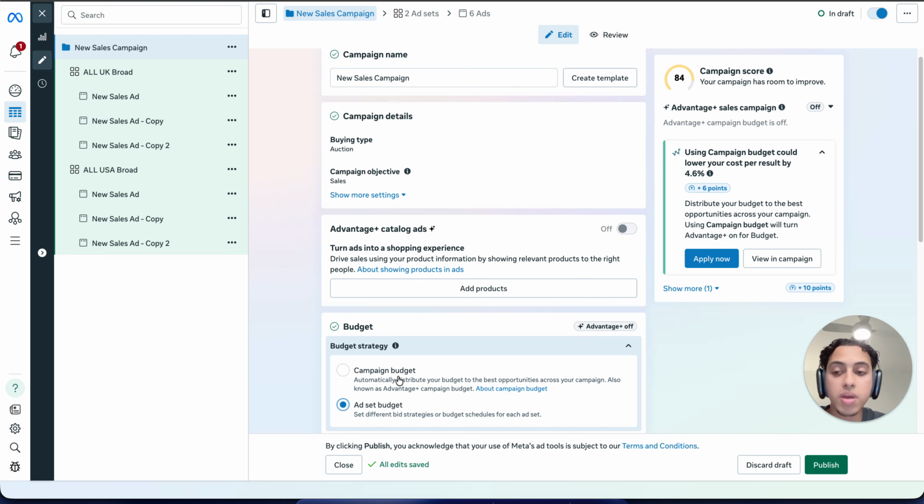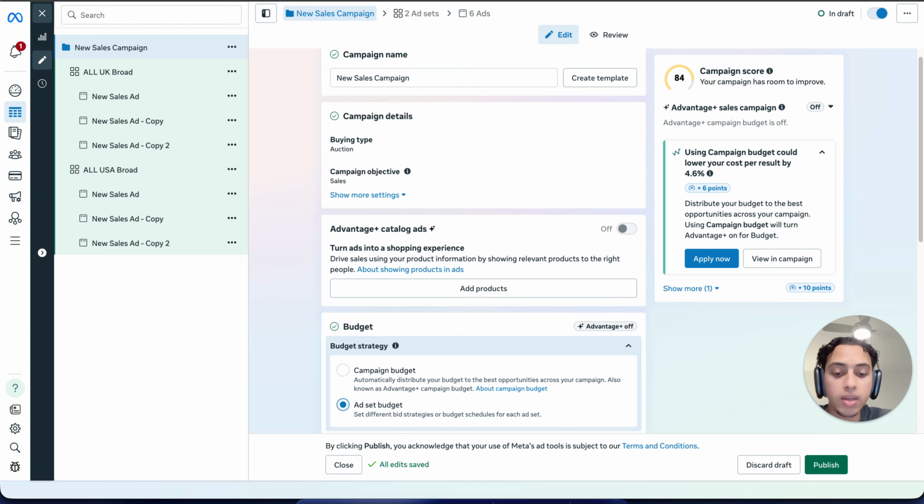But if campaign budget doesn't work for you, let's say on your prospecting side, which is cold traffic, if you're testing new audiences and you're like, hey, Meta doesn't seem to know where to allocate my budget, then do it at the ad set budget. But ultimately, you're testing to figure out what works well for you in your situation. So when in doubt, go ad set budget, and then down the line, you can start to utilize campaign budget